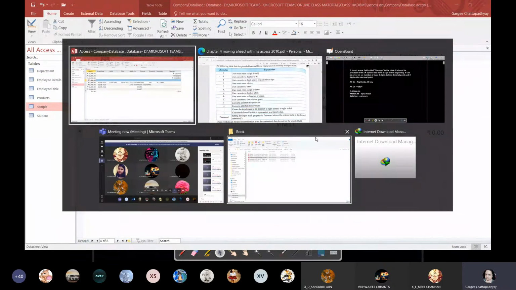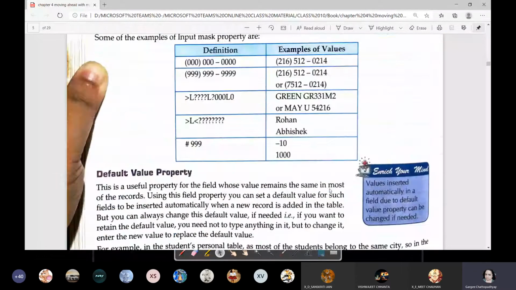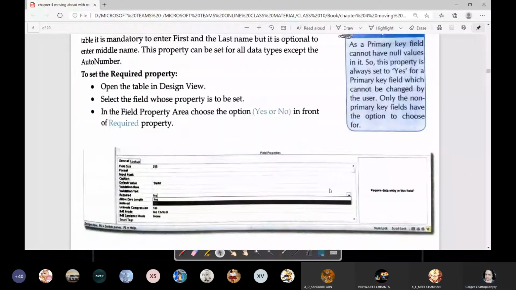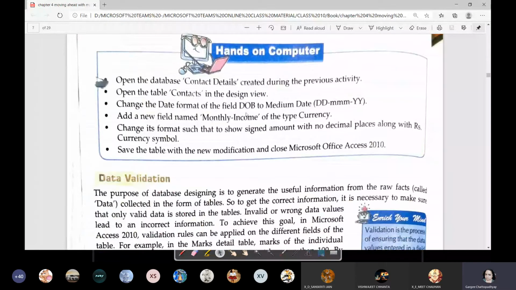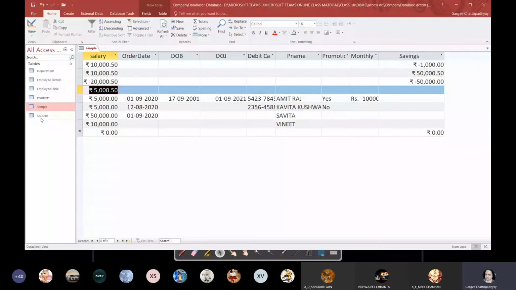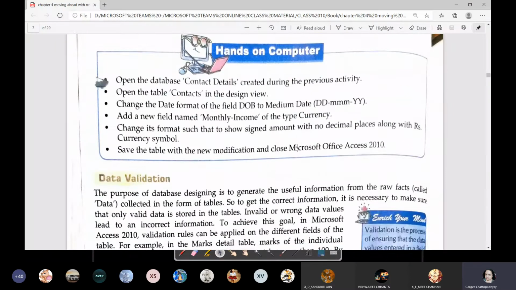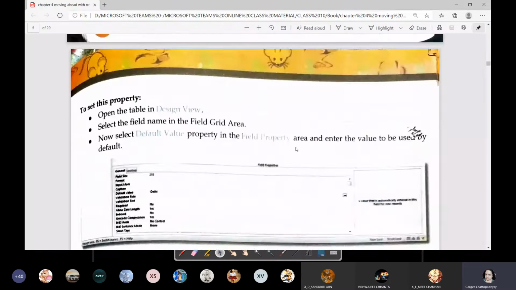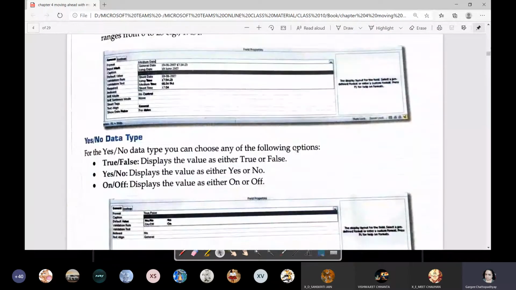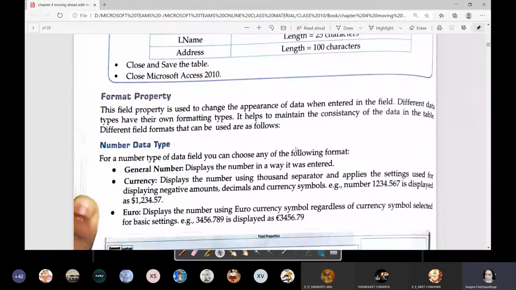So one question is there. We will take one question also. Open the database contact details created during the previous activity. So let us open contact details. Do we have contact details? No. Let's check where contact details is, and we are going to work on that.